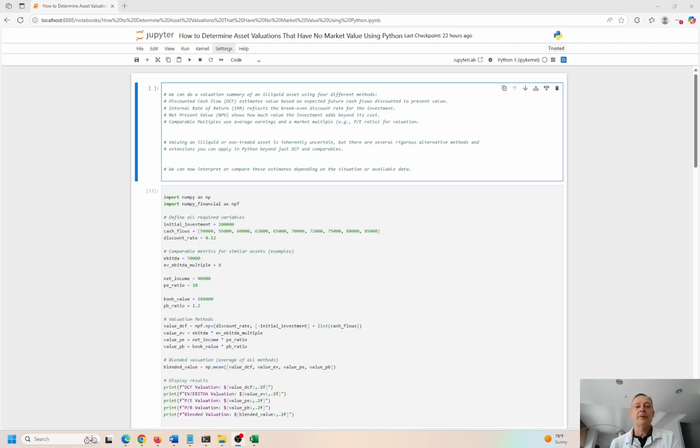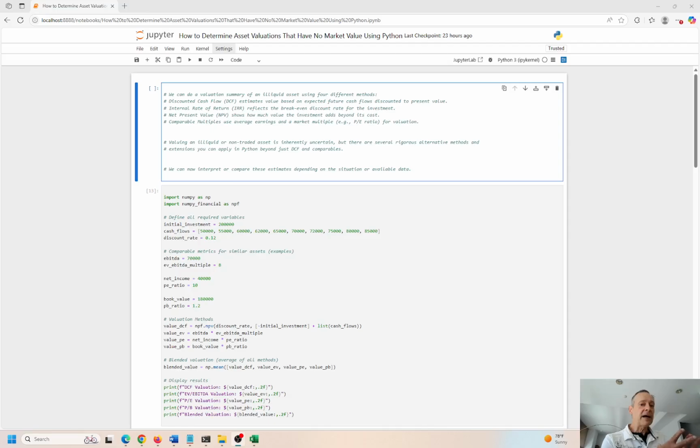So I have an interesting topic today. I'm going to show you how to value an asset that has no active market value. Market value would be like the price of Microsoft or Amazon or Tesla stock. There's an active market for these assets, and you know exactly what the fair market price is, right? It's whatever it's trading at on whatever exchange it's at, and it can be traded on different exchanges around the world. Some are international at that point in time, right? So everybody knows what the price is.